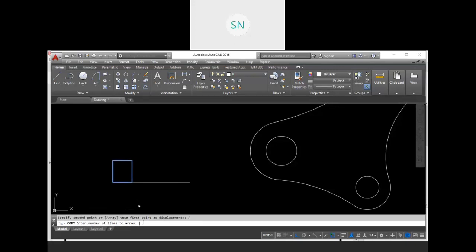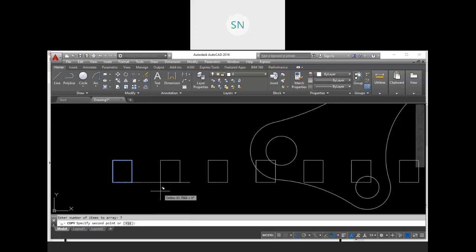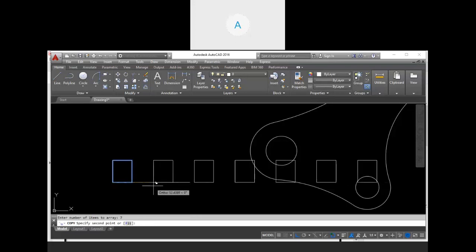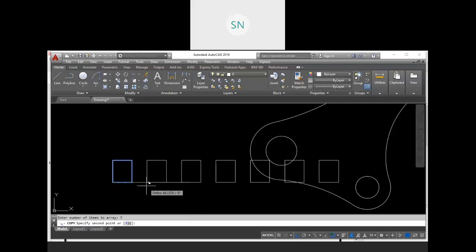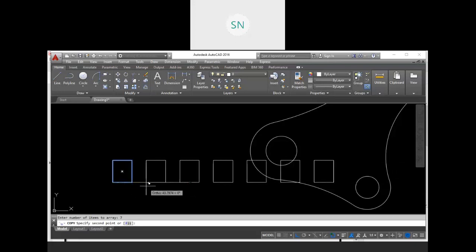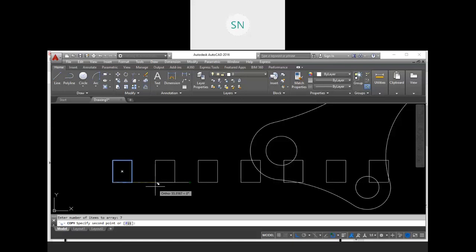So for example, we enter 7, then hit enter. So we have 7 copies over here, but we are specifying a gap between two objects. For example, I want to give a dimension from my first object to the last object.